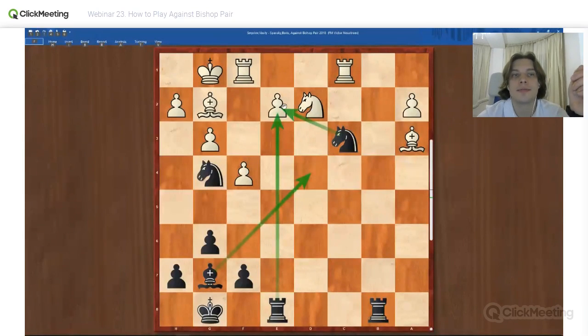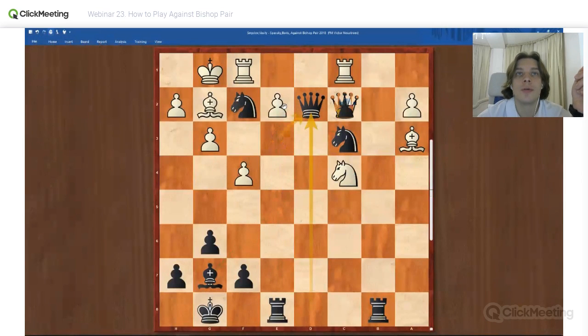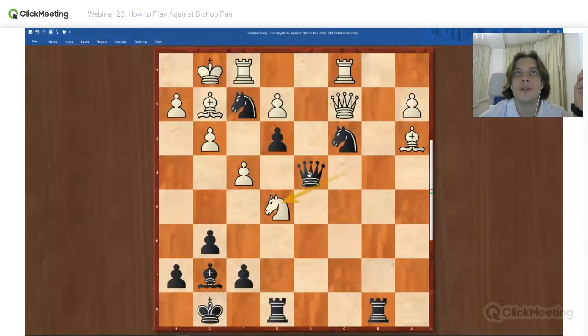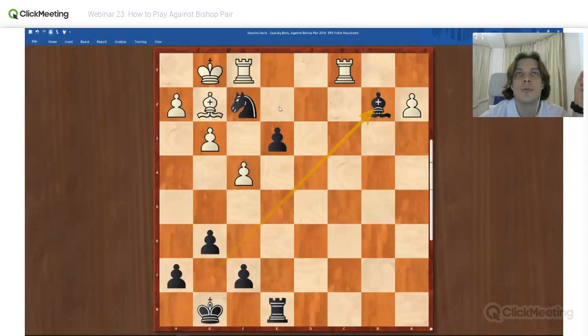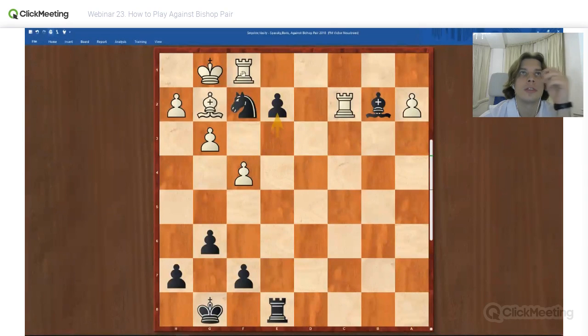Here Black is better. However, queen d4 was played in the game. Queen d4, knight e5. Because if knight b2, then we may take on e2. Queen takes on e2. Rook b2, bishop b2, queen b2. And in this position, even... Oh, actually, rook c2, and here he is fine. If we play e2, then just rook e1. Looks like White is better.